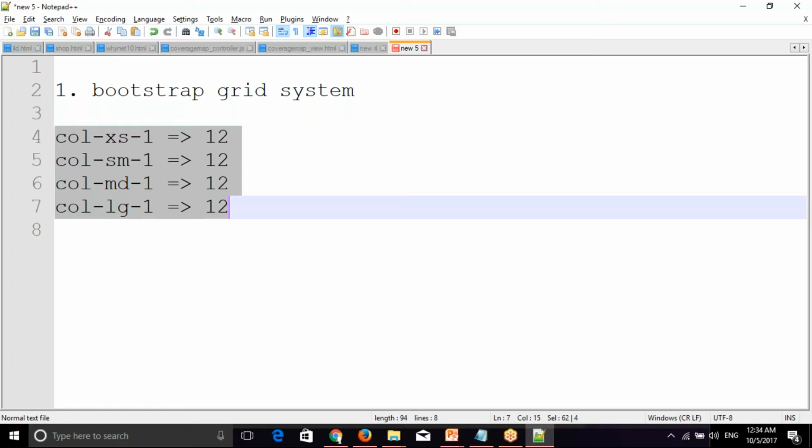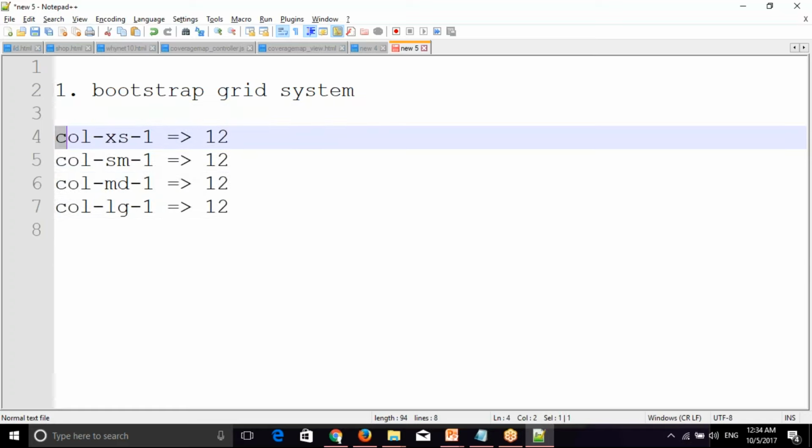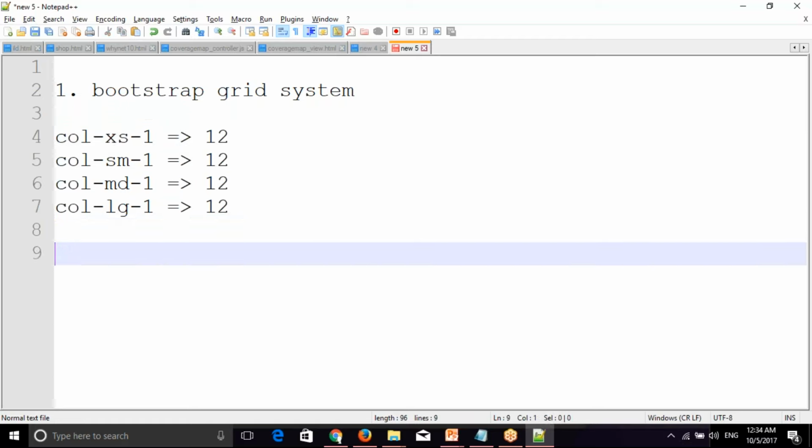These are the four column grid systems, and the classes are col-xs-1, col-xs-2, col-xs-3 and so on. In a simple way, we can say 12 equals 100%.